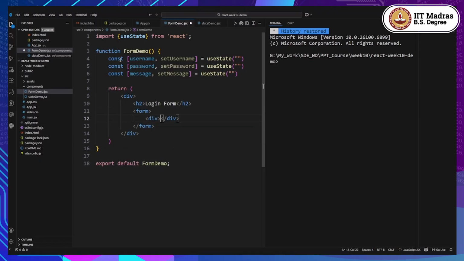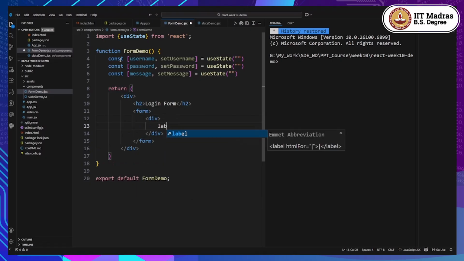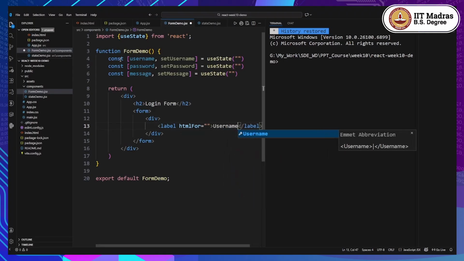We'll start off with a div. Within the div, there is going to be a label, and the label is going to be username. Now there is one thing to note here. Whenever you create a label tag in pure HTML, it would use the for attribute. But in case of React, it is going to use this